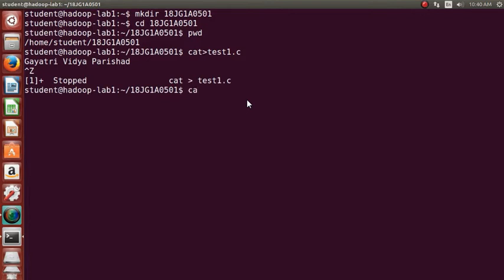This is another function. How can we see the data of the particular file test1.c? The syntax is cat space test1.c, enter, so that we can see the data of this file. You can see here, till now we have checked how to create a new file, and how to display the file contents using the cat command. And another function of cat is